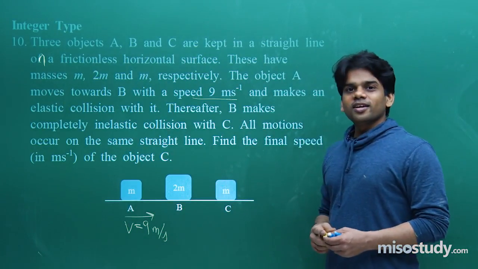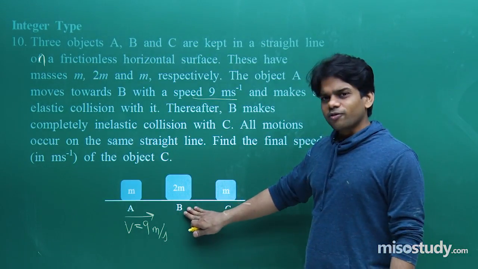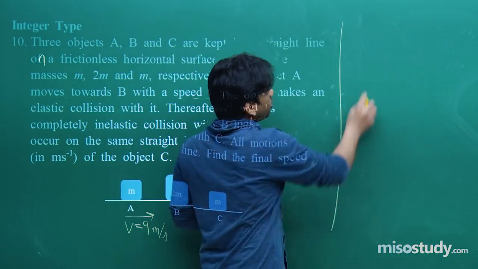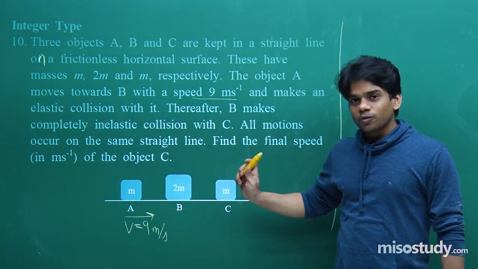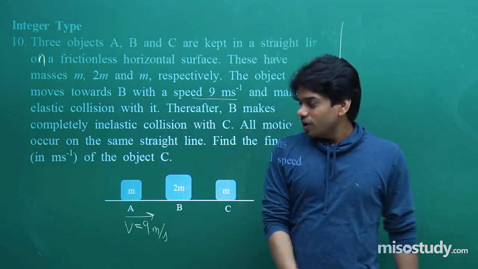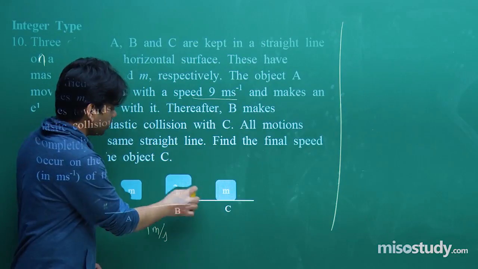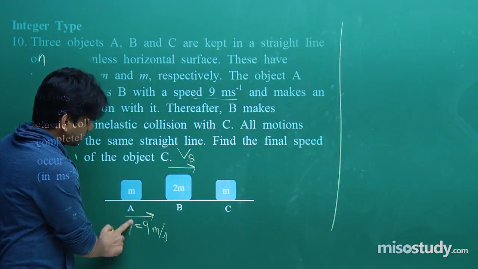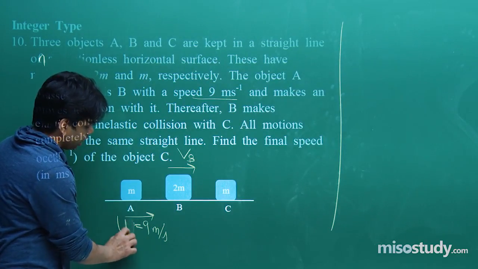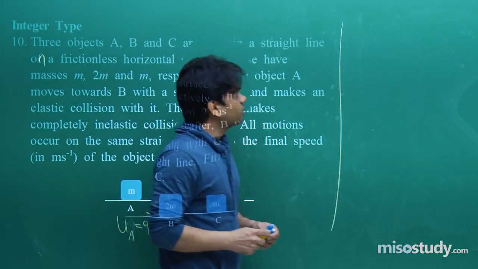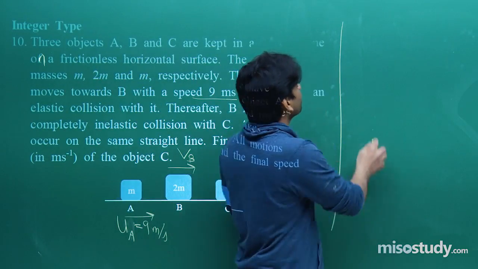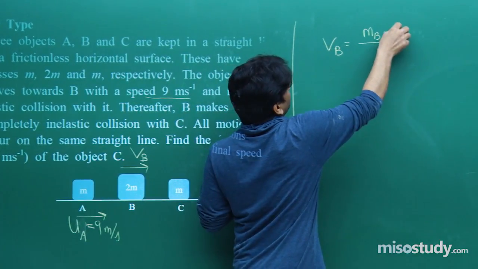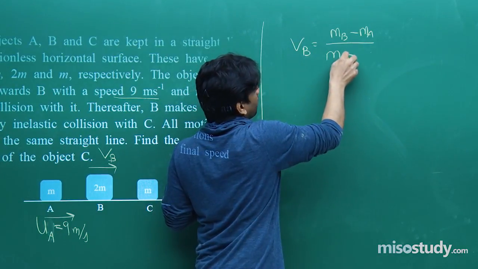A is colliding with B. Can we find out the velocity of B after collision? Let's say the velocity of B initially is 0, no doubt on that. The final velocity of B after collision, I will take as Vb, and the initial velocity of A as UA, for better notation with no confusion. So the final velocity of B will be given as (mB minus mA) upon (mB plus mA)